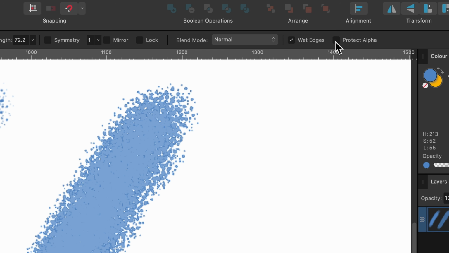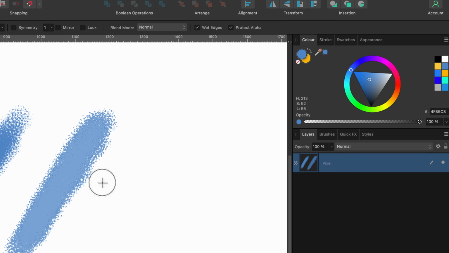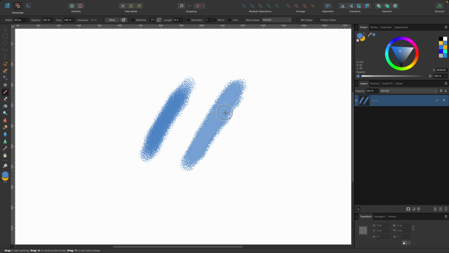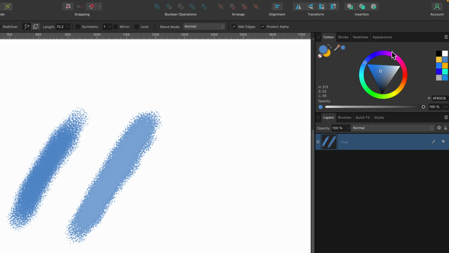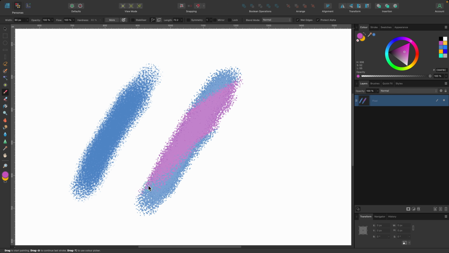And the last one is basically you can only paint on areas that aren't transparent. So right now, if we look at our pixel layer, we have 2 paintbrushes. Obviously they are not transparent, but everything around it is. So if I select Protect Alpha, and let's say I change to a different color there, and now I'll start painting. You can see I can start painting from here. And when I drag it over there, it only turns up on the area that isn't transparent. So you can kind of paint within your paintbrush.